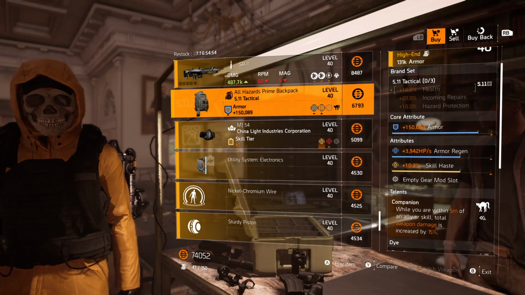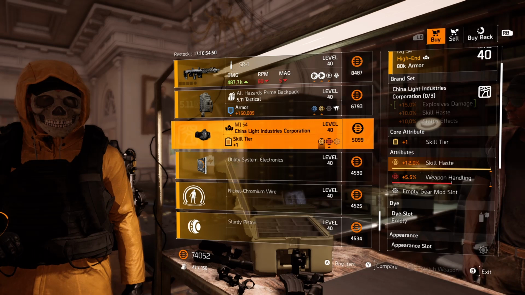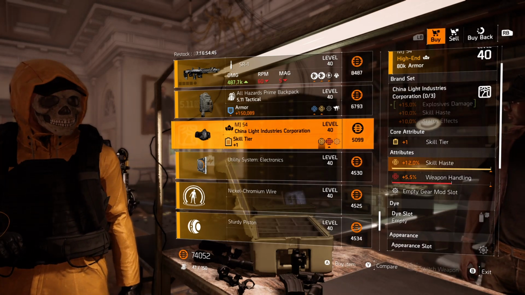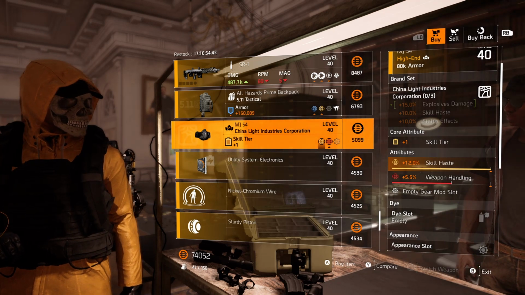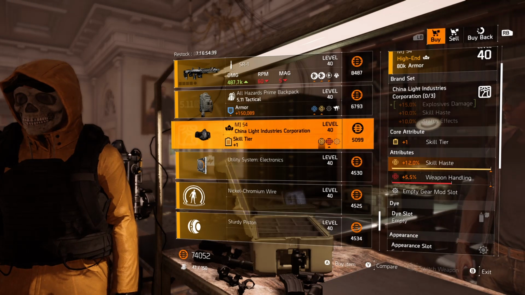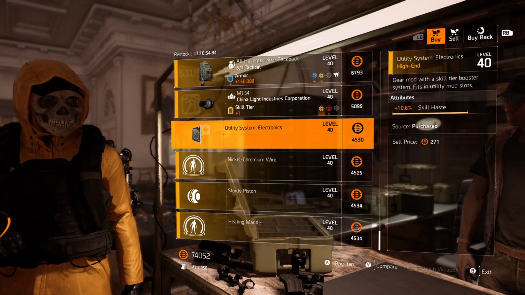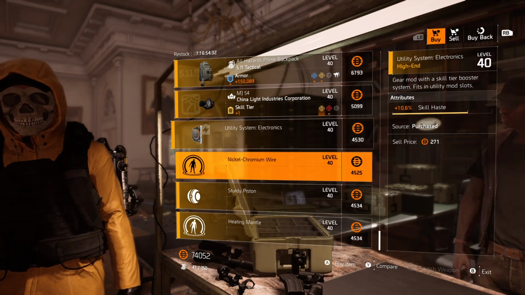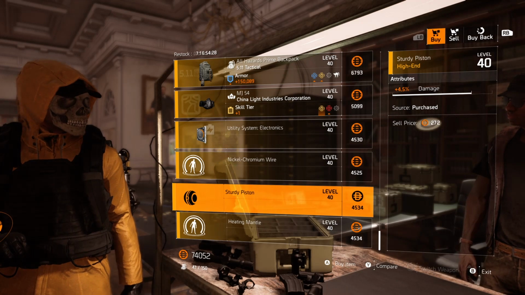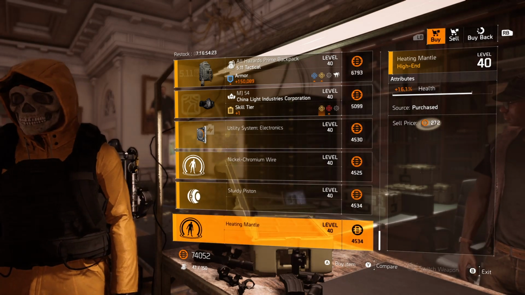511 backpack with companion, armor regen, and skill haste. And then a China Light mask. This is a pretty decent one. So it's skill haste, so you can re-roll the weapon handling off for either skill damage, status effects, what have you. So that's actually a pretty good mask. And then finishing off with the mods, skill haste 10.6, pulse radius 8.9, seeker mine damage 4.5, and then pulse health